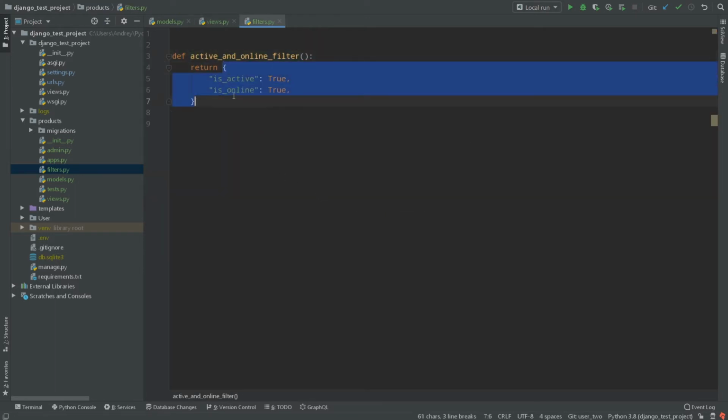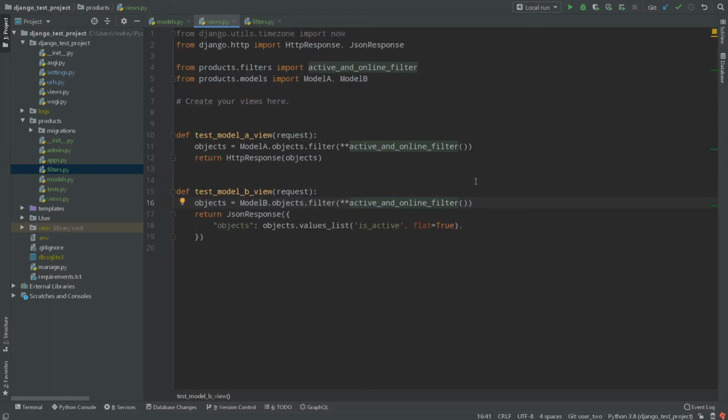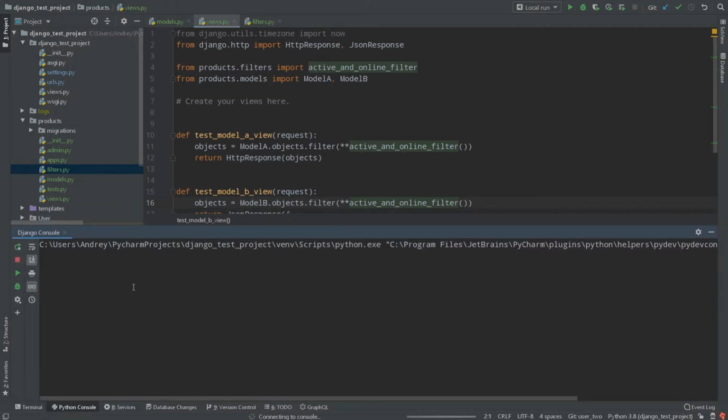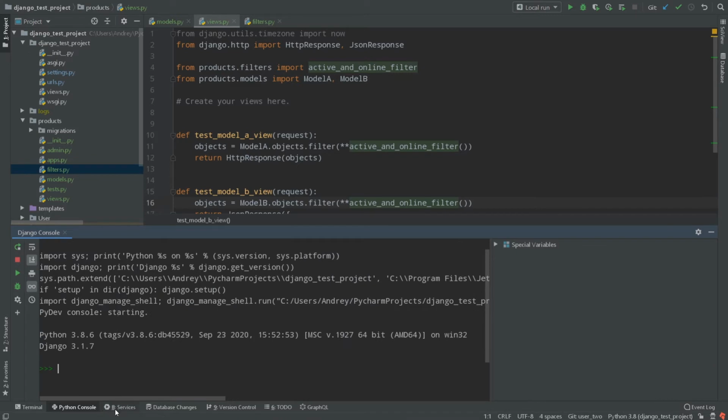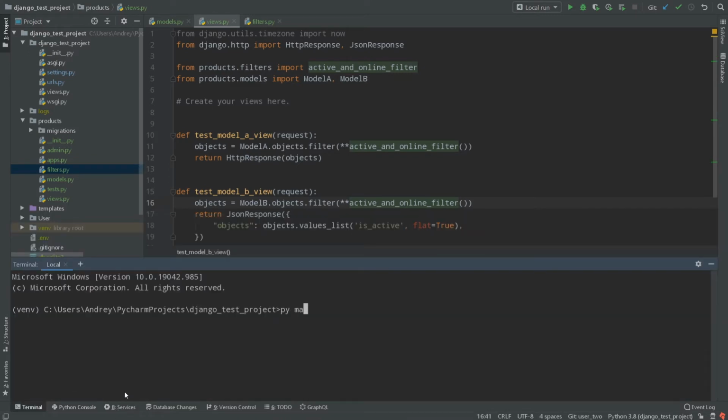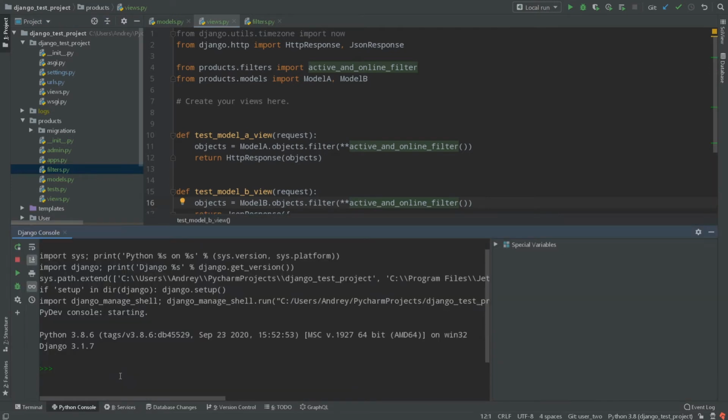And we just return a dictionary that will be unpacked right here. So in my Python console, I have already made the migrations. If you're following along, what you need to do, of course, is python manage.py makemigrations, and then python manage.py migrate. So again, I said that this video is not for beginners, so if you know Django, you know what I mean. Then make some objects using objects.create, so model B, model A, objects.create,